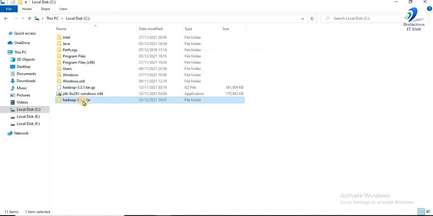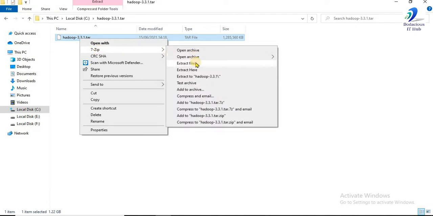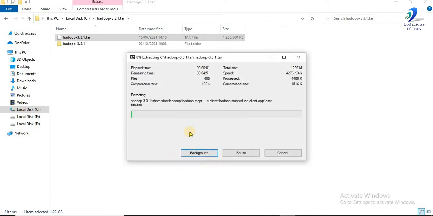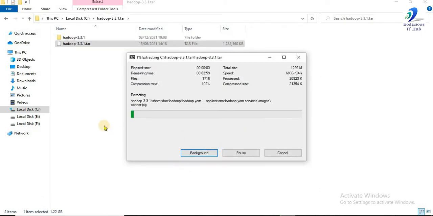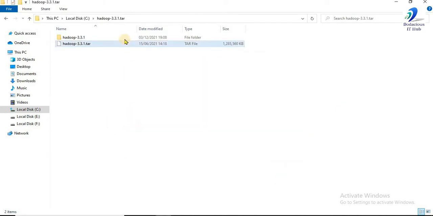After extracting, you can see Hadoop, so we'll extract this as well. Extract files, password 123. It will take some time. After extracting it completely, we close it.